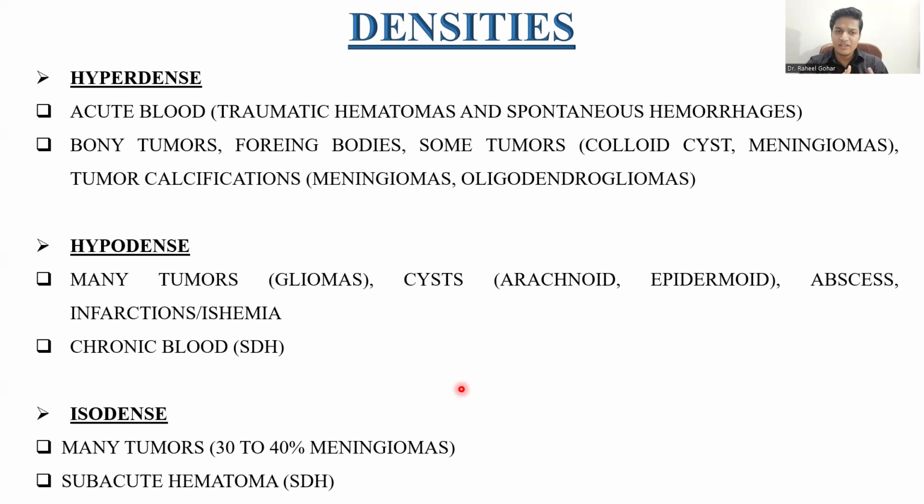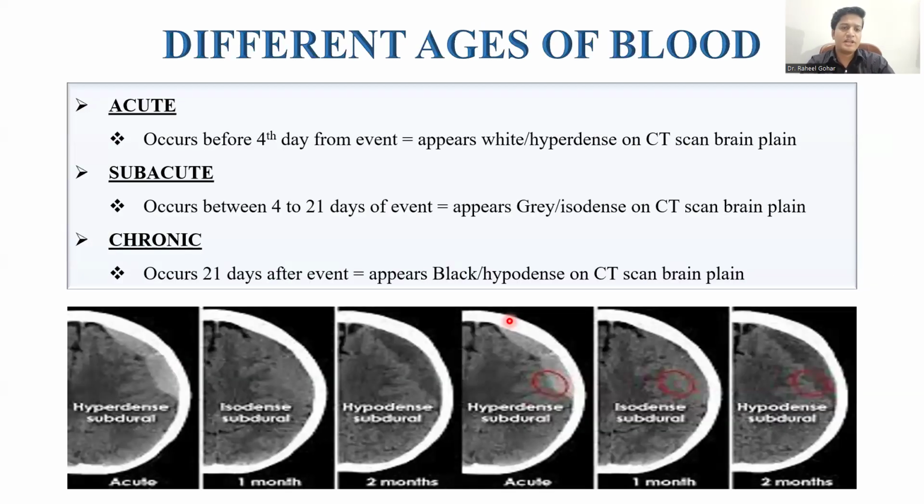And after the 3 weeks period, it will appear as hypodense to the brain parenchyma, which is known as the clotting blood. Again, which I have already discussed, acute blood occurs before the fourth day. It means during the initial 3 days, the blood will appear as hyperdense to the brain parenchyma, and it is known